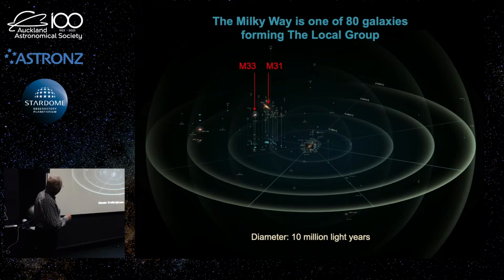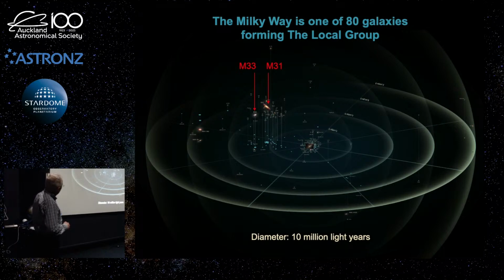The M stands for Messier. Charles Messier was an astronomer who started cataloguing all these fuzzy objects. He was a comet hunter, so he wanted to catalogue all these funny objects in the sky so they wouldn't get confused with comets. There were over 100 of them that he catalogued. So he obviously saw these and labelled that one M31, M33 and so on. Little did he know he was cataloguing entire galaxies.